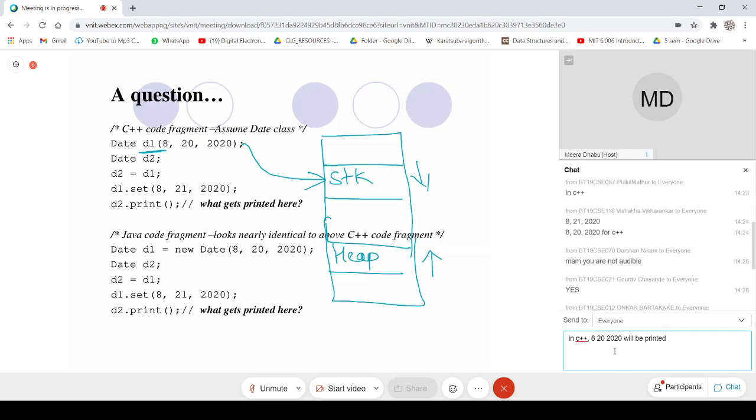Whereas in Java, whenever you are creating a user defined data type, you are required to do it with new. We know that malloc, alloc, new are used for dynamic memory allocation. So dynamic memory allocation is done on the heap, and that is why these new or malloc, alloc keywords are used.